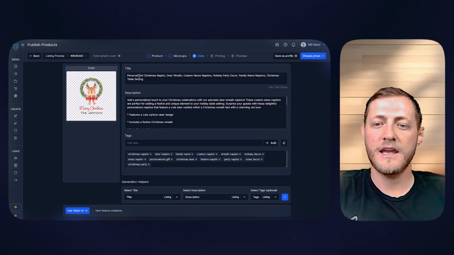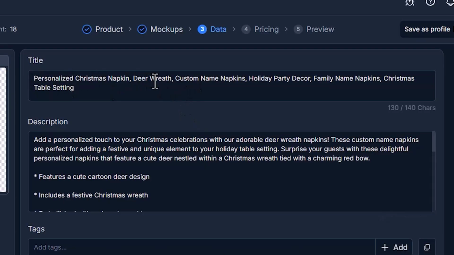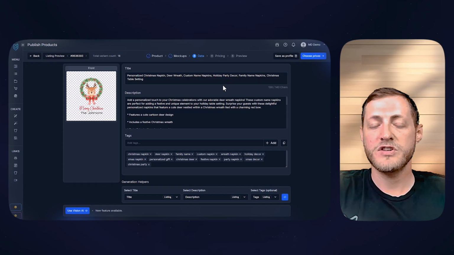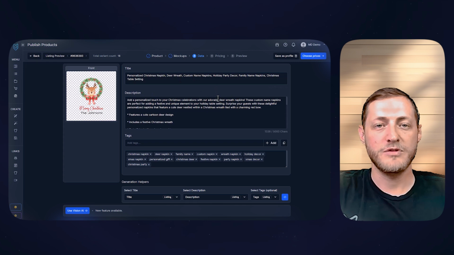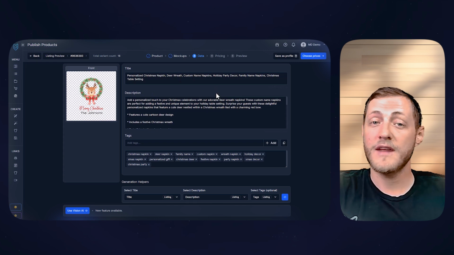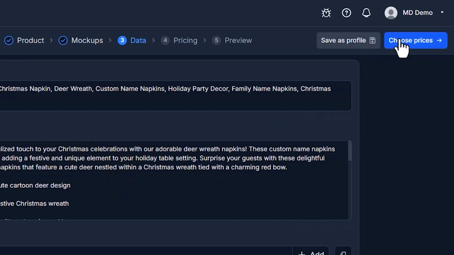So as you can see here, just looking over the title, it looks really good. But what I always tell people is Vision AI will get you about 85 to 90% of the way there. But I always recommend that you go through this data, change some keywords, add some keywords, take away some, as you see how it fits to your listing specifically. Now, since this is just an example, we're going to move on and go to the next step, which is